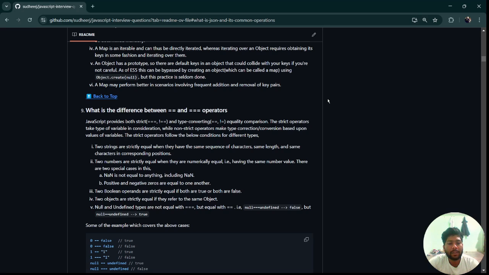Null and undefined types are not equal with triple equal to but equal with double equal to. That is, null triple equal to undefined gets false, but null double equal to undefined gets true, because when we go with the first condition it checks the